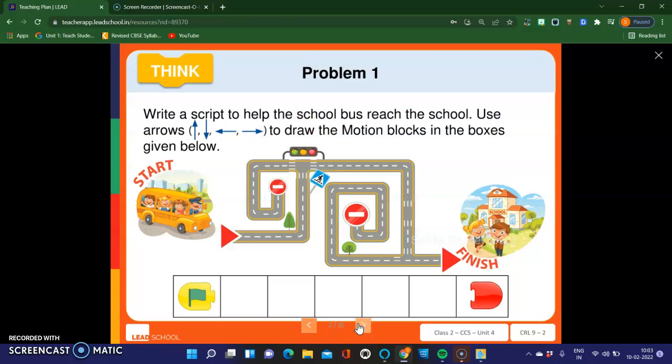So problems on motion block. Write a script below. To help the bus reach the school, use arrows to draw motion blocks in the boxes given below. This question is on page number 53. Okay, and what you have to do, you have to make